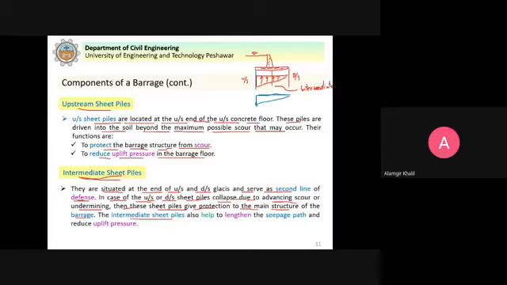The intermediate sheet piles also help to lengthen the seepage path and reduce the uplift pressure, just like I show you in this diagram here. Because of the intermediate pile, it will further reduce. Clear? And then from here onward, it will be the uplift pressure distribution at this point because of the sheet pile.